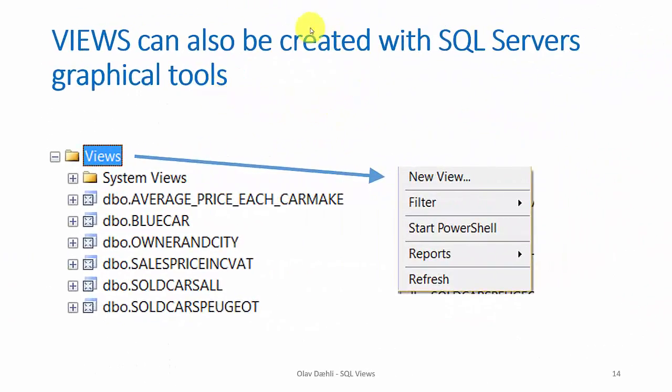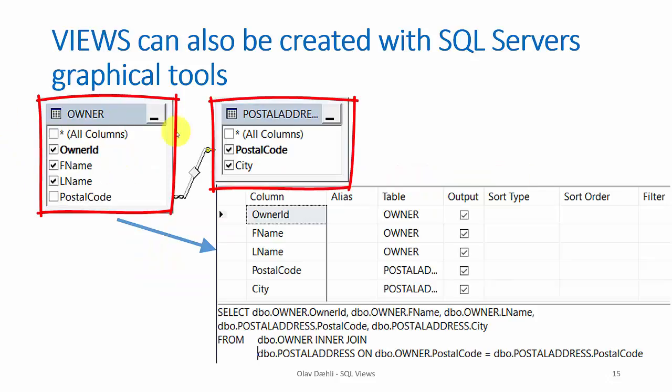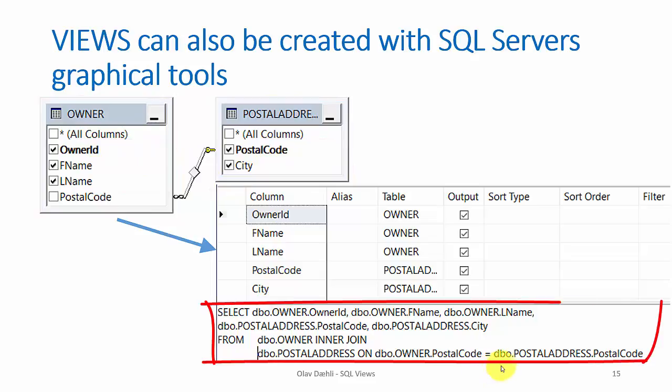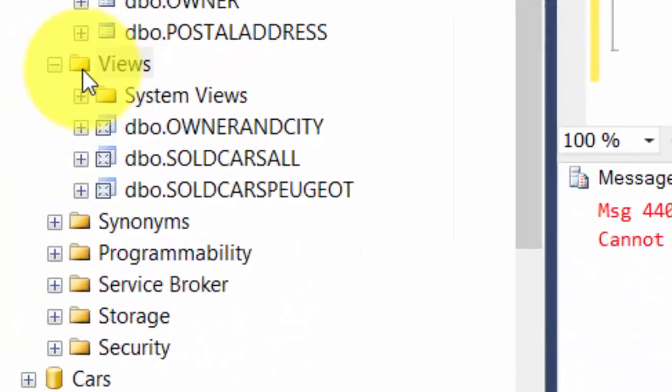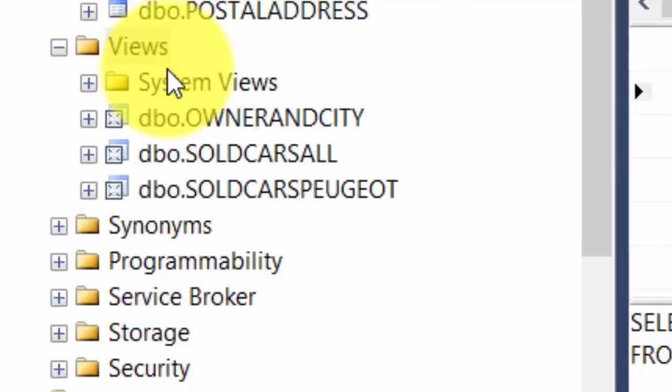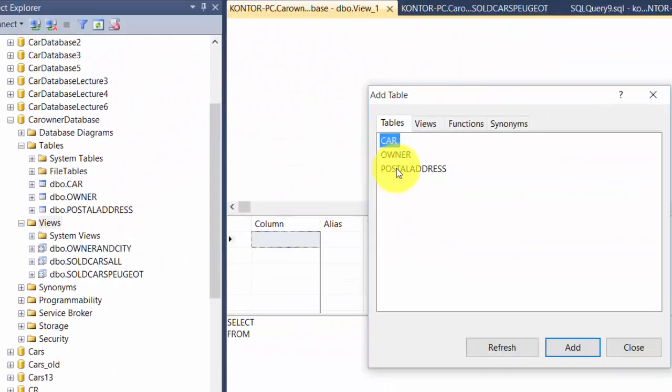Like we could create tables with SQL Server's graphical tools, we can also create views in almost the same way. Then we have to right click on views and select new view. Then we can select the tables and columns we want to be included in the view, and SQL Server will at the same time also generate the SQL code. So if I go to views, right click, new view, just to make an example, I can select these 3 tables, add,